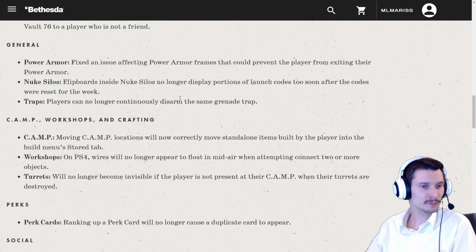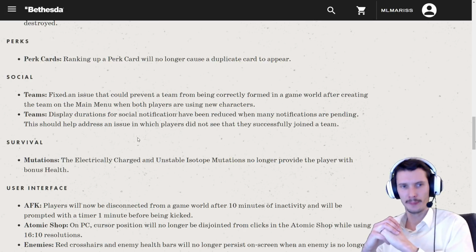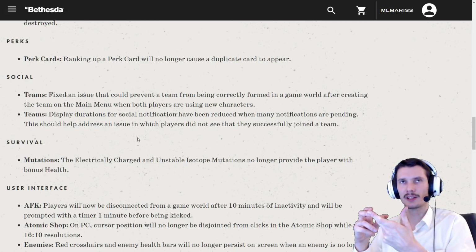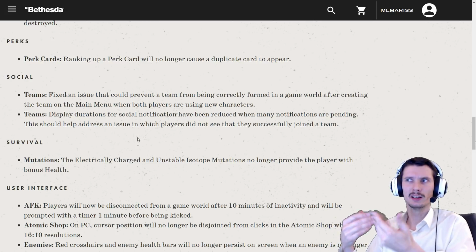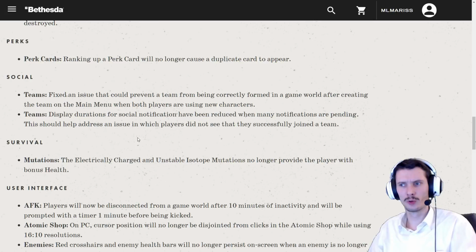I'm sorry. Moving on. Under the bug fixes, there's perk cards. Ranking up a perk card will no longer cause a duplicate card to appear. Yeah, like that was the biggest issue. If you upgrade a card, I can see that if you're upgrading on the second level and then some other card appears, and then you can kind of boost it further, but you are still limited in your SPECIAL abilities. So that was like